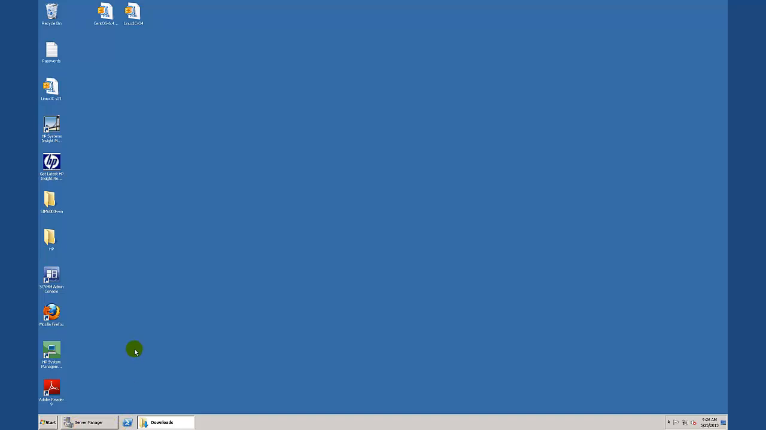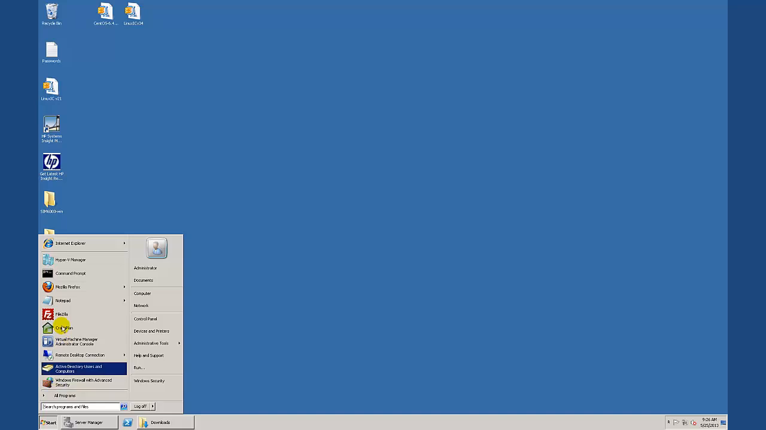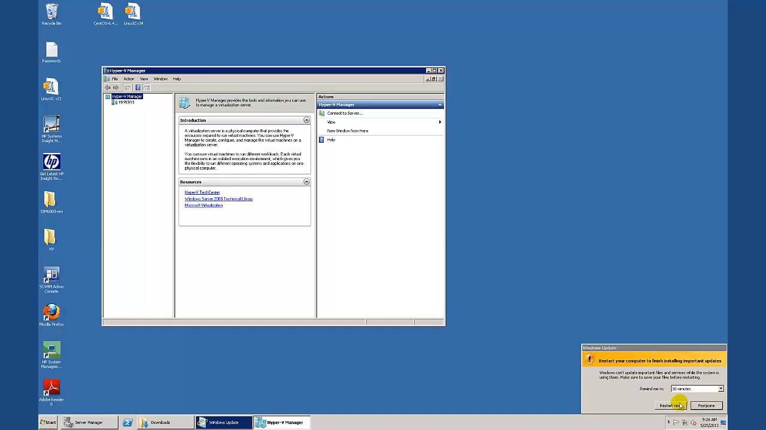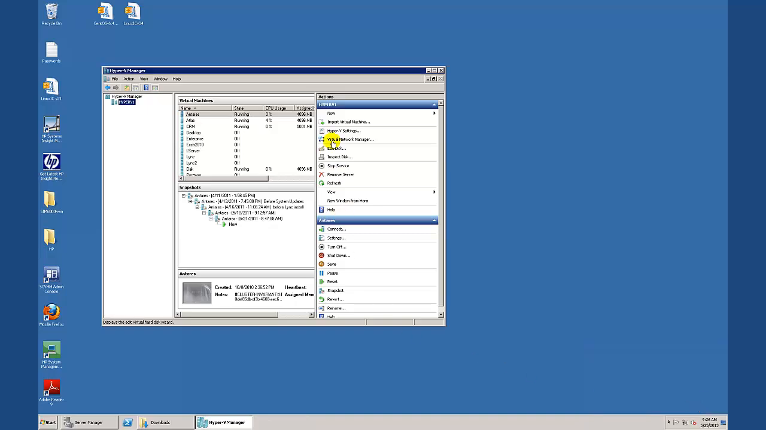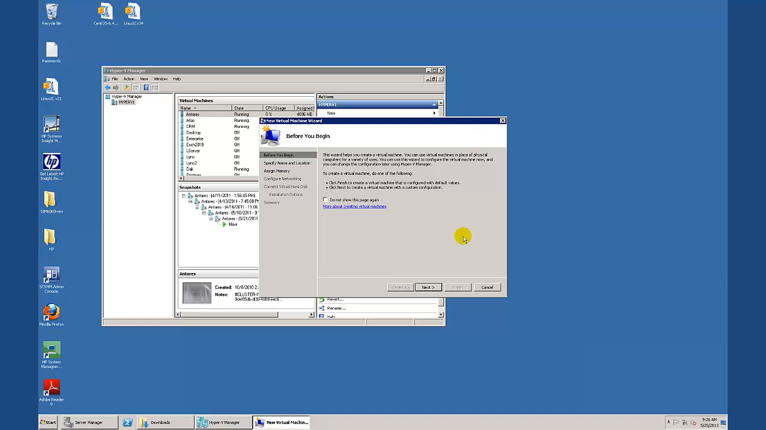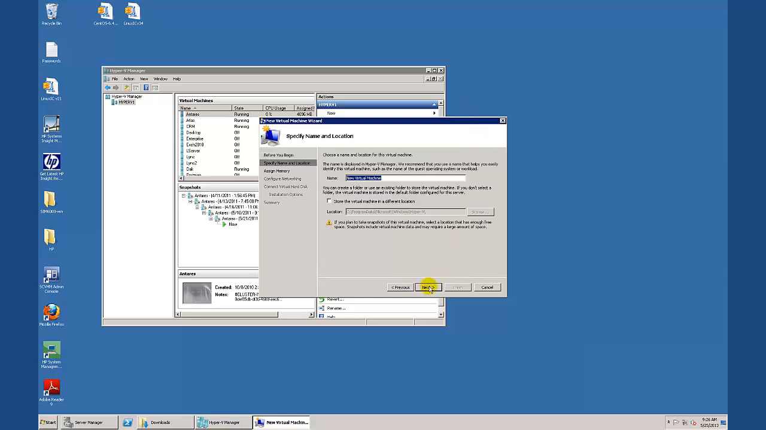Anyhow, so here we are. We have our Microsoft HyperV server, and I'm going to do a beginning to end on this. So let's go ahead and open up the HyperV manager, and what I'm going to do is create a new virtual machine, and we can just call this